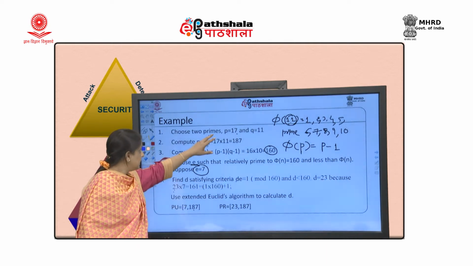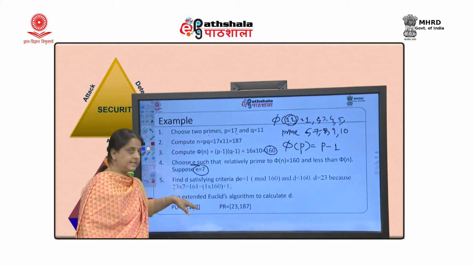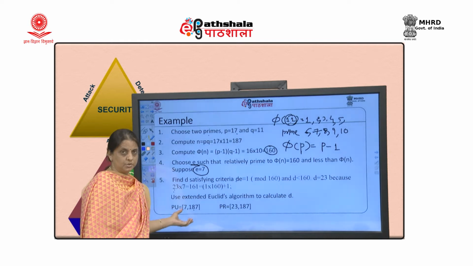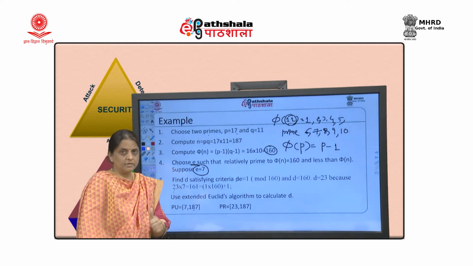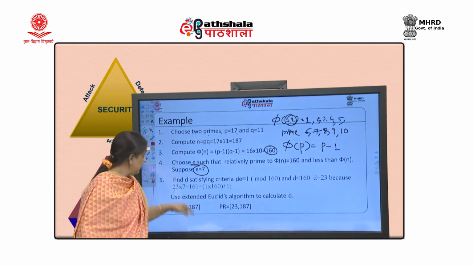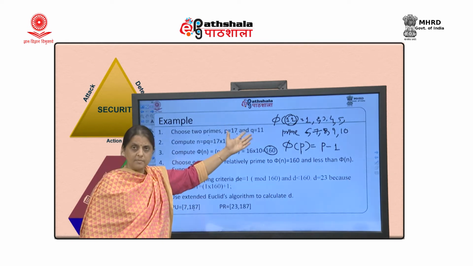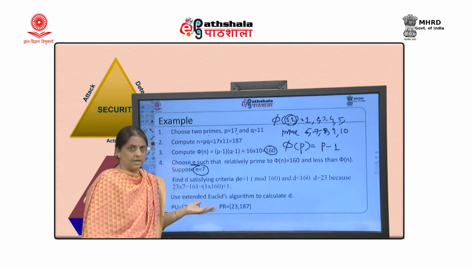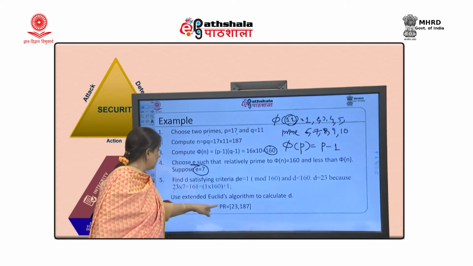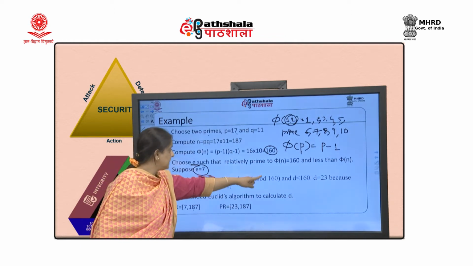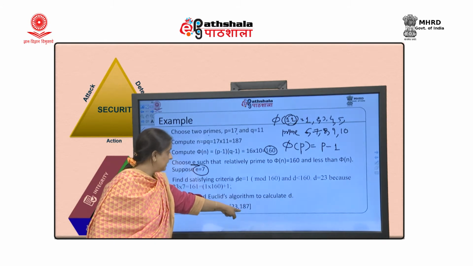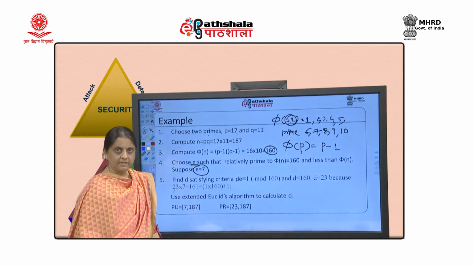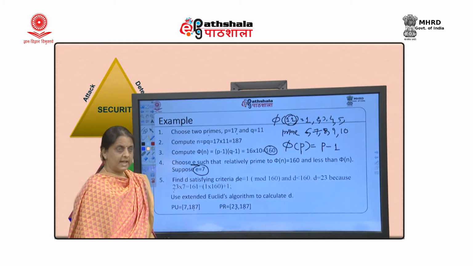Though in our case the example is simple, so 187 is a very small number and finding the factors is too easy. So, one more observation we are deriving is to always take large prime numbers, so that factorization is infeasible. The private key is the decryption key, that is 23, and N, that is 187. So, we are ready with the private key and public key.